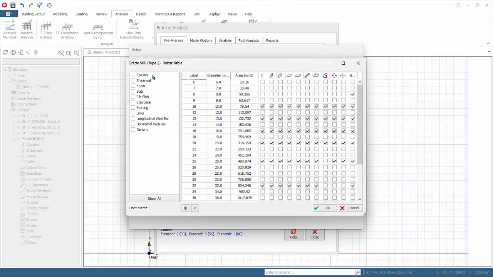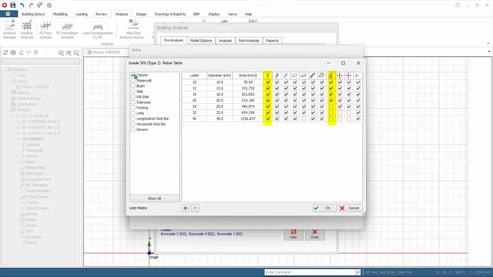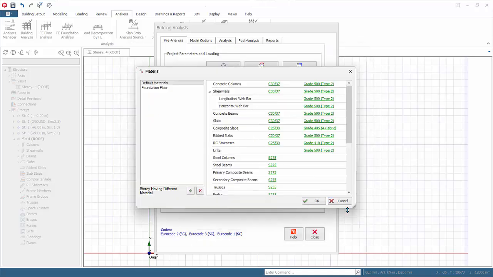These are the master settings for rebar diameters to be used in the design. For column design, review the rebars to be used in the design for the vertical bar and the shear links. Click Cancel. Cancel again. For shear walls, the first material applies to general longitudinal bars for walls without end zone